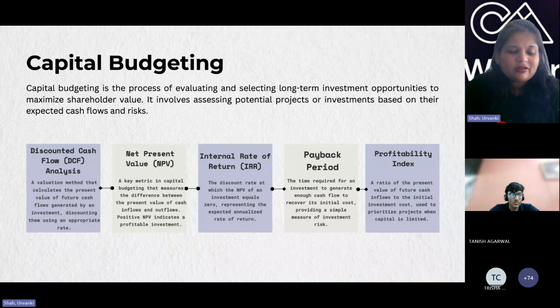First of all, you will decide what is the business need. How much capital is required? What timelines is the capital required for? And from when will that capital start giving returns, right? And how do we start comparing the profitability index of the deployed capital? Now, discounted cash flows. You all would have known about cash flows.